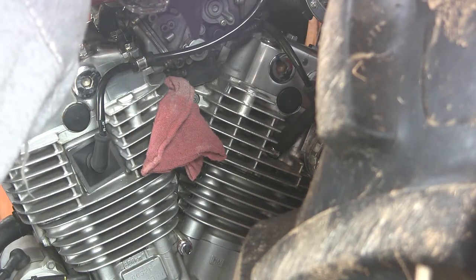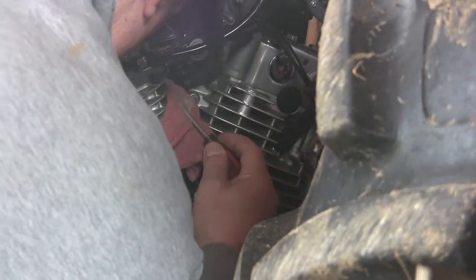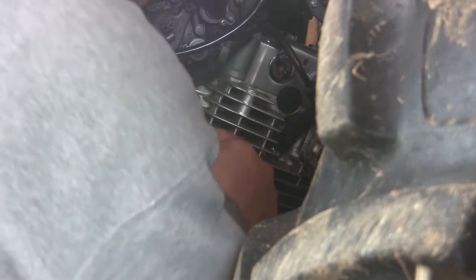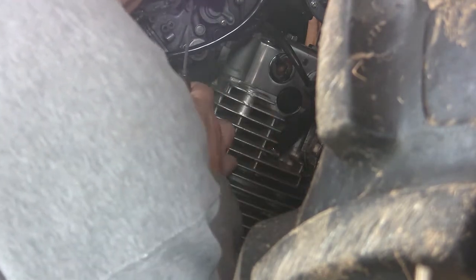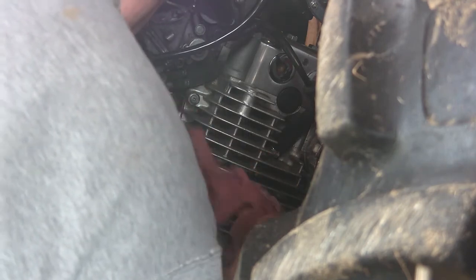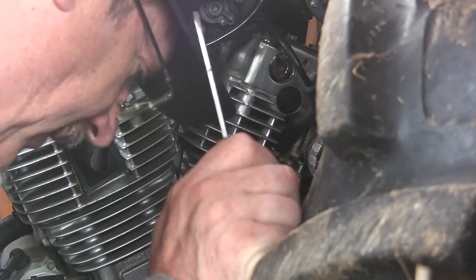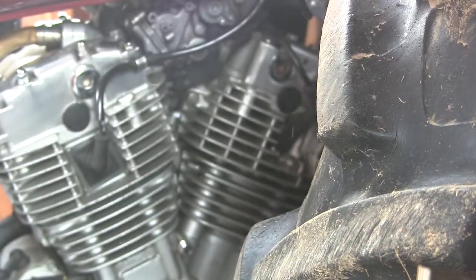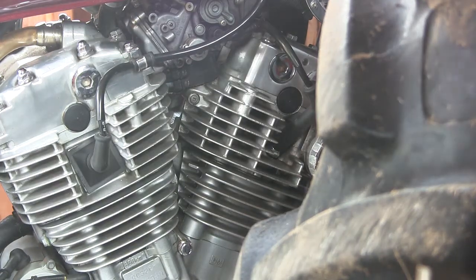Okay, just stopped. Now, some people like to just run them out of gas, but I don't like doing that because it leans out. When the engine runs out of gas, it leans out, and that's not necessarily very good for it. So, see if I can get you a shot of the other